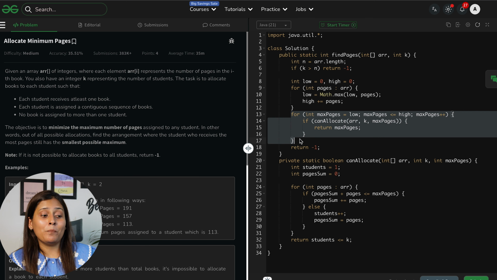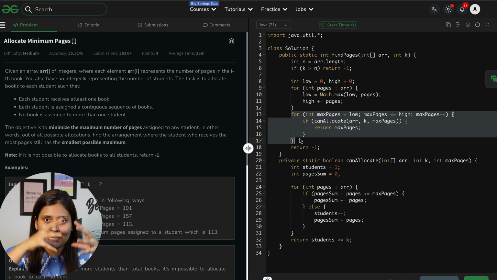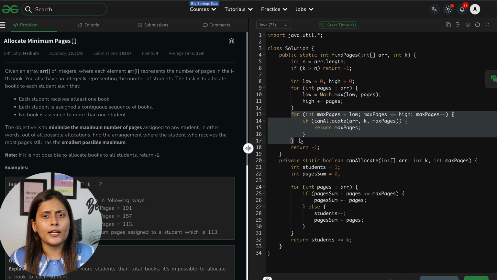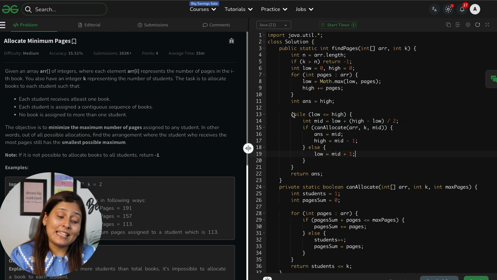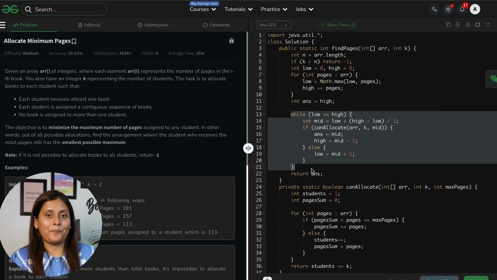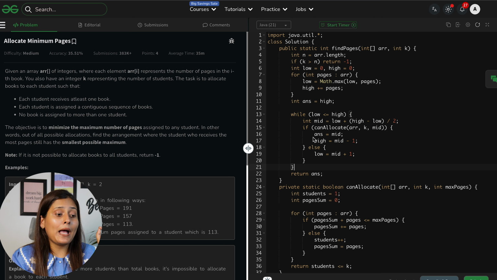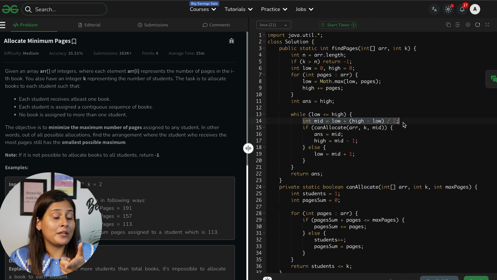Definitely this much for loop, because it is running in a range, a number line from lower to higher, every number is sorted. Then why check everything consecutively? Why not apply binary search there? And that's what we did in this part. We removed that for loop and we kept the lower and higher value as it is, the summation and the maximum, and here we will calculate the mid value by low plus high minus low by 2,